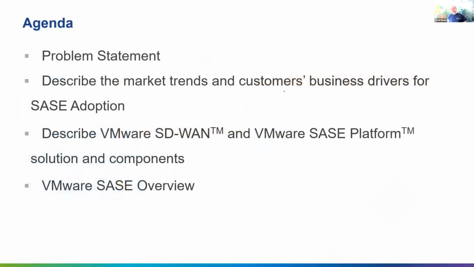So let's start with today's topic. Before we get into what is SASE, we are going to talk about the problem statement. What are the drivers, motivational drivers to get into SASE? Again, SASE is Secure Access Service Edge. Secure access, when we say, that's the security element to it. Service Edge is the networking element, and that's where the convergence is happening. Once we understand the problem statement, what is SASE, then we will look into the VMware SASE architecture and the components for VMware SASE architecture.